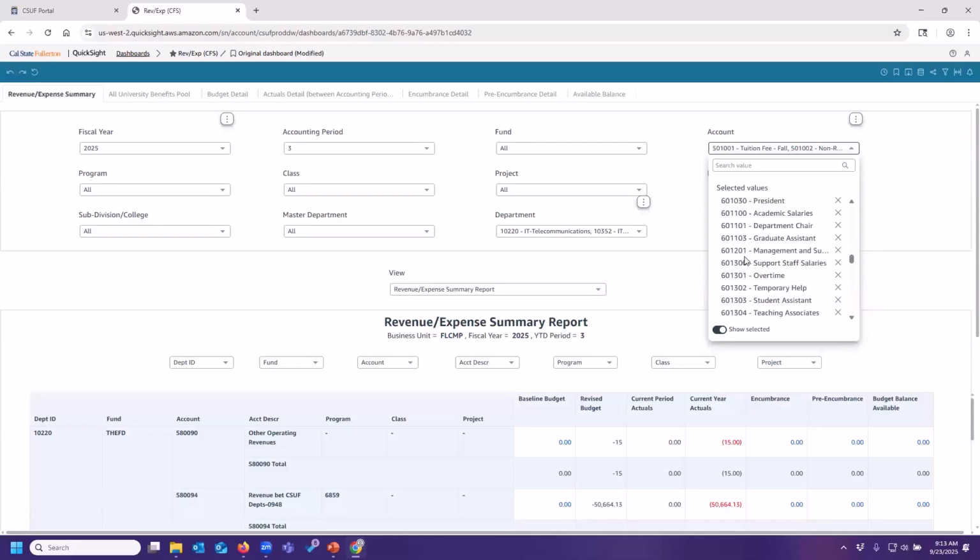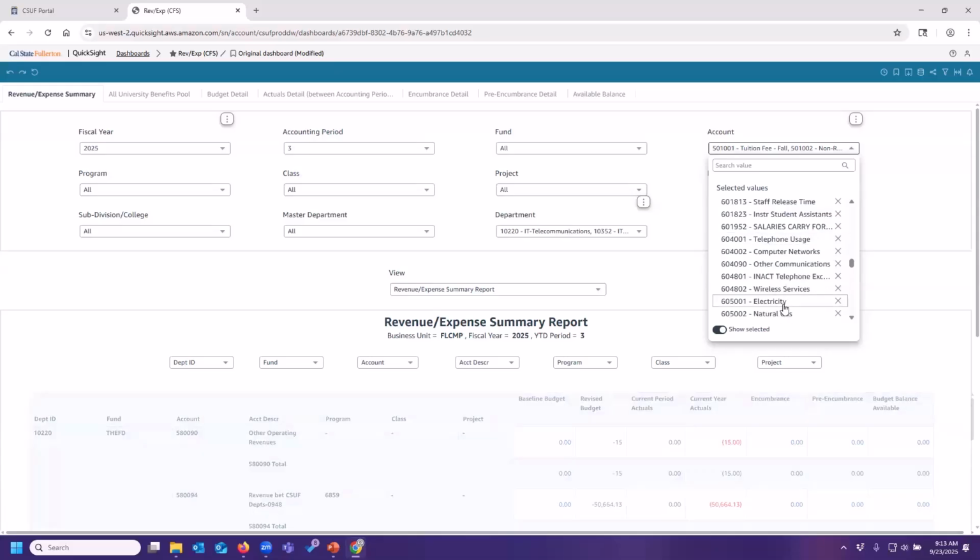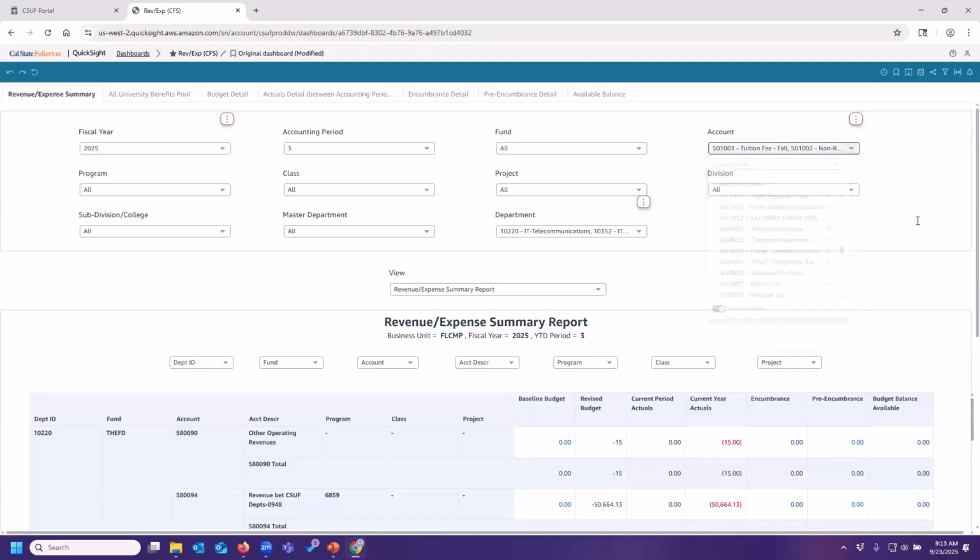You can obviously scroll down and simply click the X next to each one that you want to remove, but depending on how many variables you're seeing, it may be easier to search for the value and then remove it that way. But I could remove all of the work studies from this. Maybe I don't want to see those. Very easily, just like that. And so this is more of a show me everything except these certain filters. So that's another way that you can do filters.